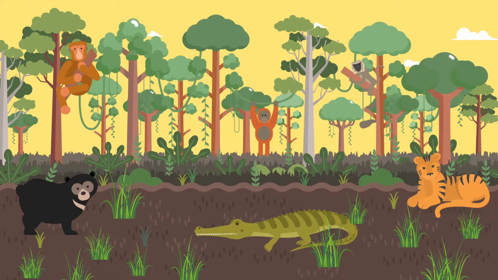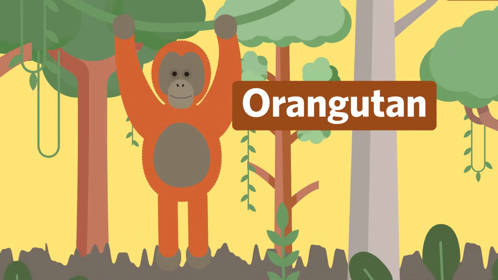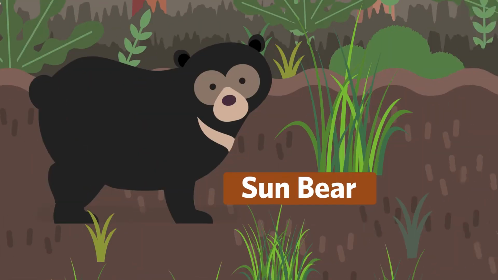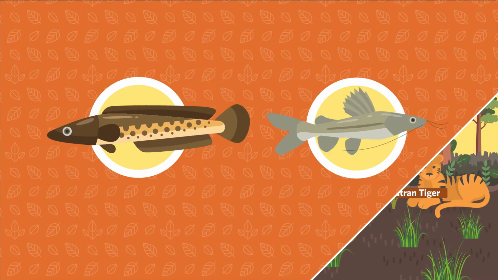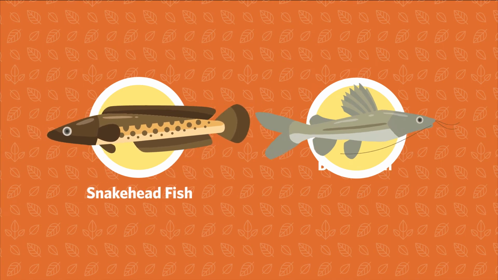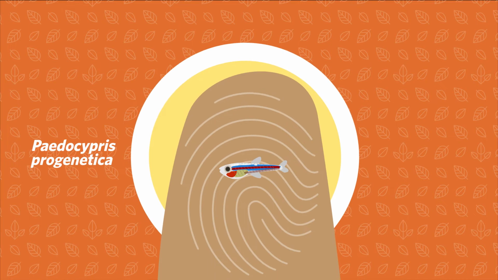There are also various types of endemic animal species that live there. Some of them are proboscis monkeys, orangutans, langurs, Sumatran tigers, sun bears, or senulong crocodiles. A variety of fish live in peatlands as well. There are snakehead fish, bong, and even the smallest fish in the world, namely Paedocypris progenetica, which is only about